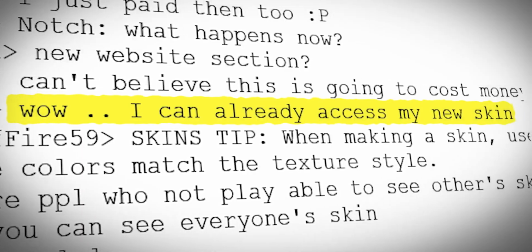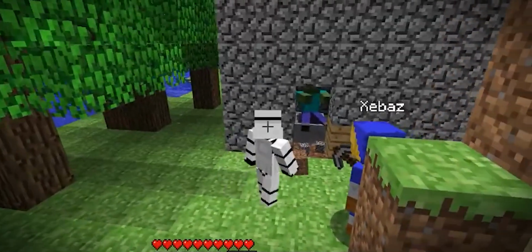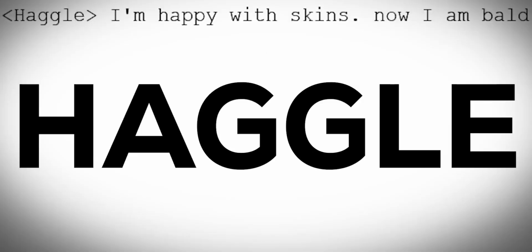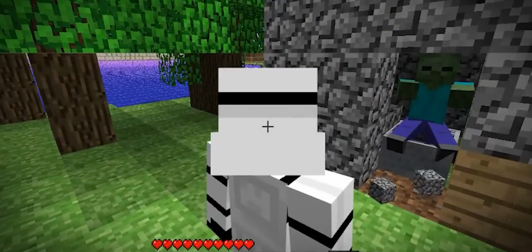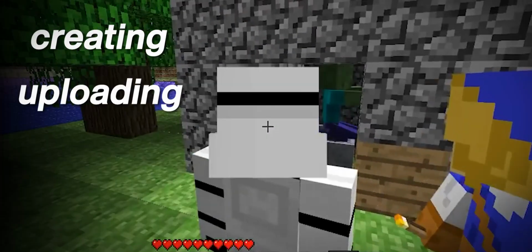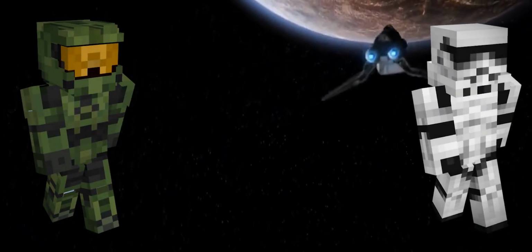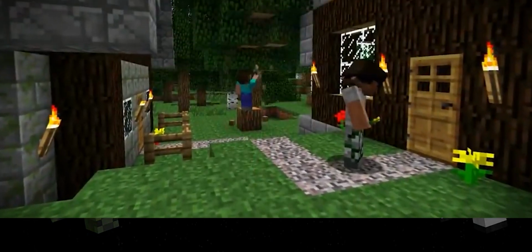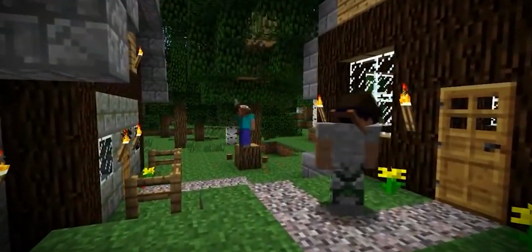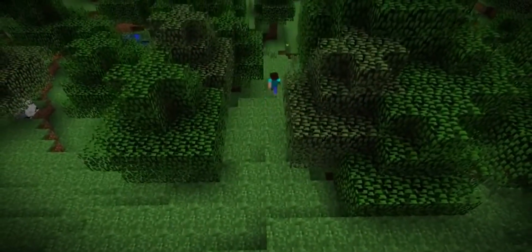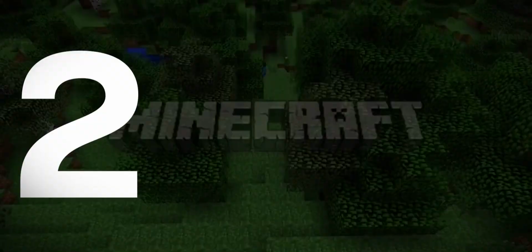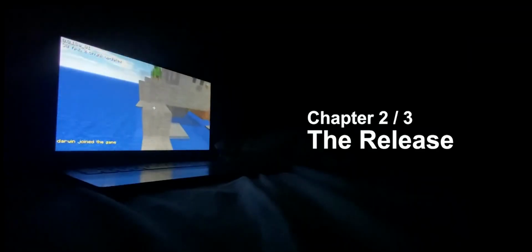Very quickly, multiple people started putting on custom skins, C418 followed by a player named Haggle, and from this moment on, more players would start creating and uploading custom skins, most being pretty simple renditions of already existing characters from other media. But all of this would change with a new wave of creativity following the official release of Minecraft in 2011.